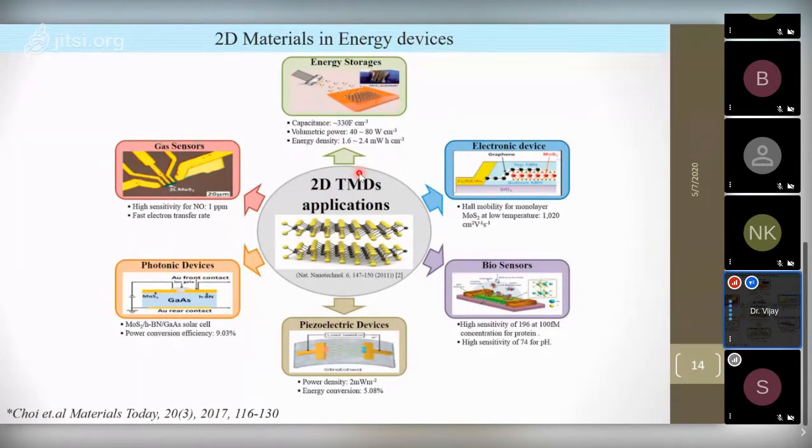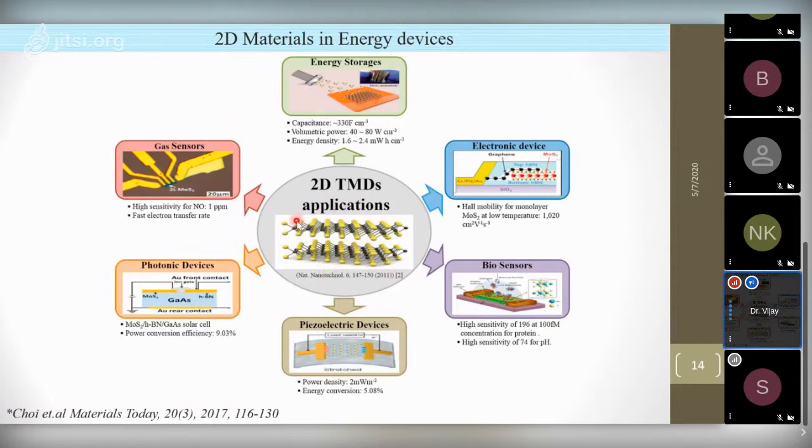So with these two-dimensional materials towards electronic devices, we have studied the growth of these two-dimensional materials. We have also studied how the defects arise and how the defects exist with the different synthesis parameters. So it can be helpful when it is applied in FET, field effect transistor, or in hydrogen evolution reaction, with different chemical nature of the material after it has defects. So we wanted to study the defects.